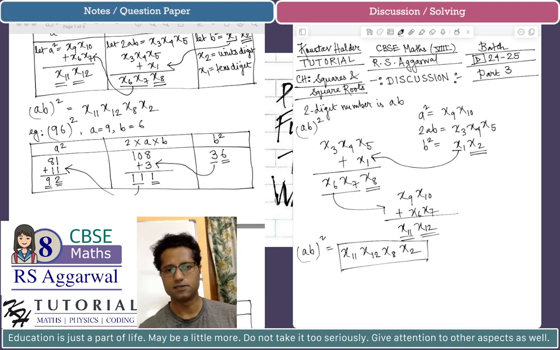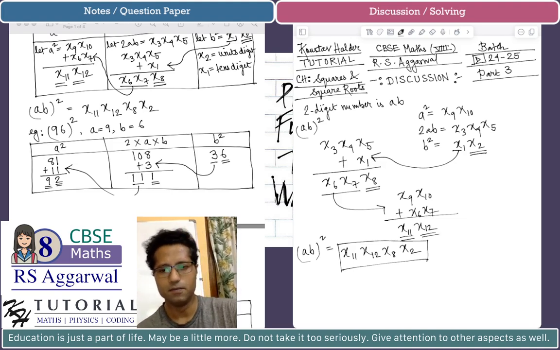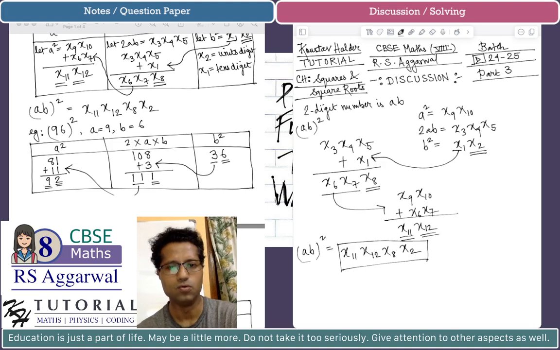Now B square is 36, so we will add the digit of B square at the tens place, which is 3, with the value of twice AB. So we are adding 108 plus 3 and the result is 111. In 111, the digit at the units place is 1 and the remaining digits are 11. So we add 11 with the value of A square. So 81 plus 11 is 92. So hence the final value will be